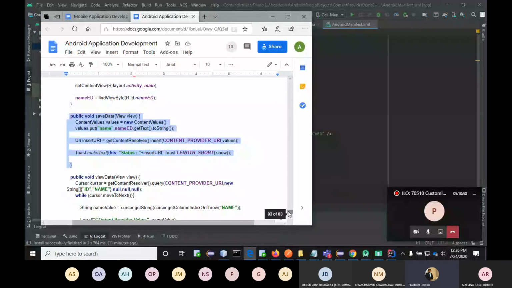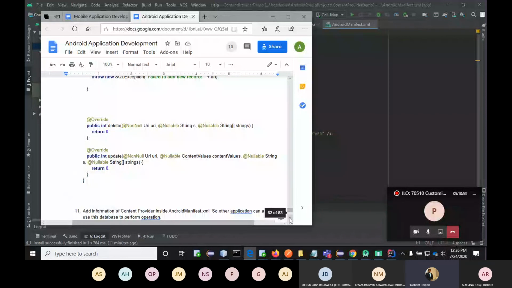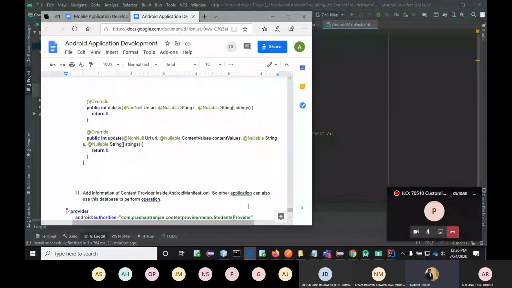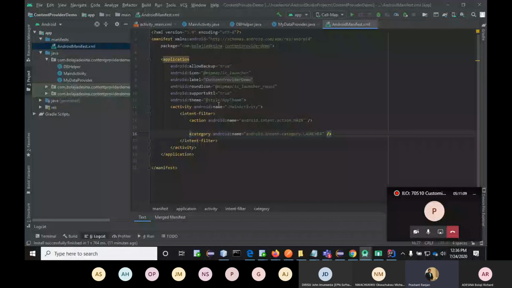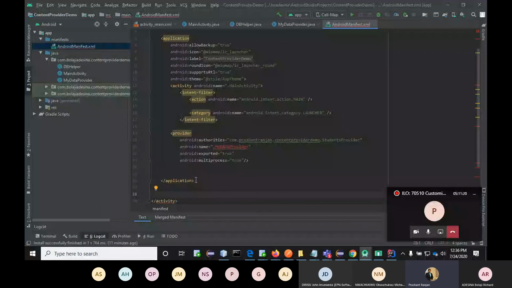Before that, 11th column. This way I'll put it. So first of all you have to change the authorities according to yours, whatever name of authorities you have set. Define it according to that, and the name of the class.